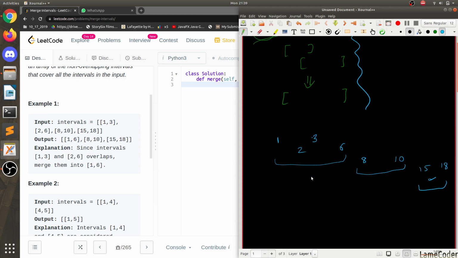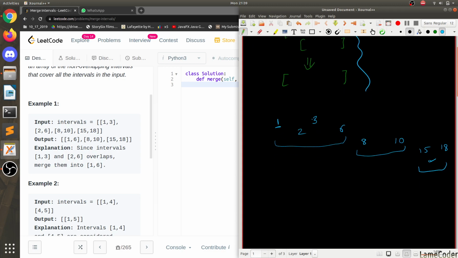How to solve it? To solve it, what we can do is take 1 to this side. 1 is there, 2 is there. We can sort it by the starting index or by the ending index, whatever. Let's sort it by starting index, then by ending index. So it's like 1, then 2 is there, then 8 is there, then 15 is there. With 1, 3 will come first. What if 3 is not here, or 3 is initially here? So we can compare this 2 and 3. We will be able to compare them.